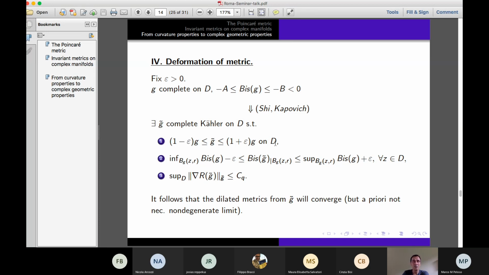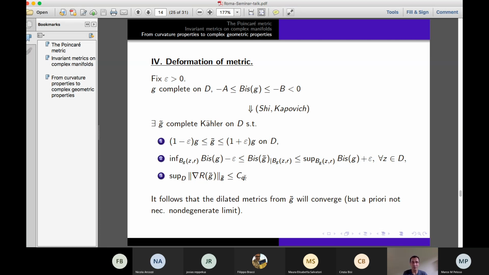They are very close to each other. And now the covariant derivatives are bounded uniformly. So it tells you that you can dilate and you can consider the limit. And the derivative of the limit will be bounded,